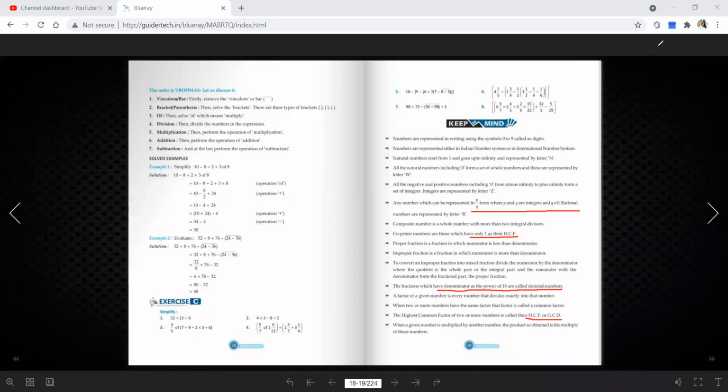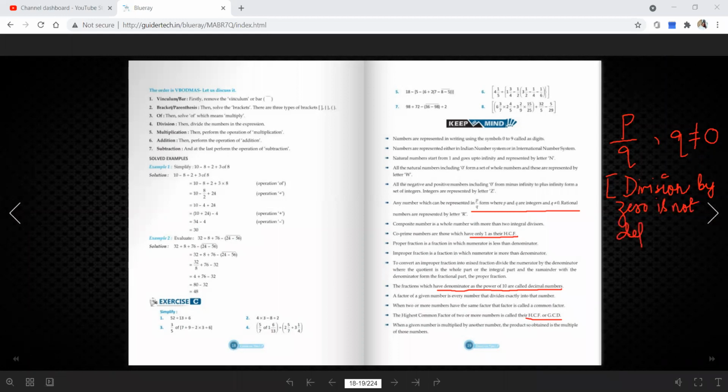So first, I am just going to represent the rational numbers. Rational numbers means all the fractions we are learning, in the format p by q, where p and q are natural numbers. And one condition is there: q is not equal to 0. Because in the previous class, I hope you remember, while reading the property of division, we read that division by 0 is not defined.